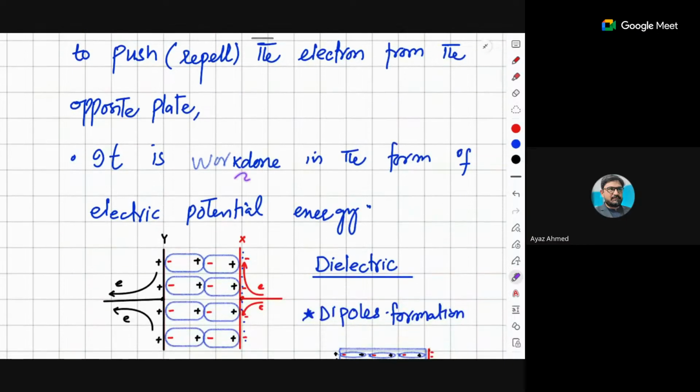That means there is work done in the form of electrical potential energy. Because you have studied that electrical potential energy is Q into V. When you have the potential difference and charges are accumulated, then energy is basically produced there. So that is the basic concept of